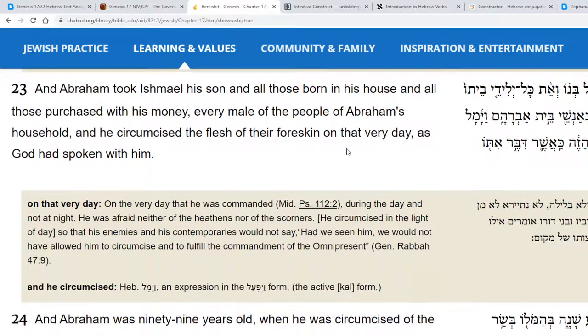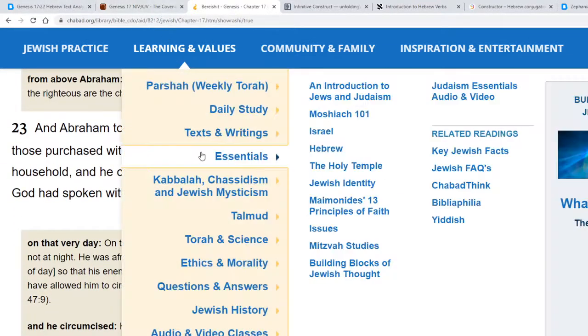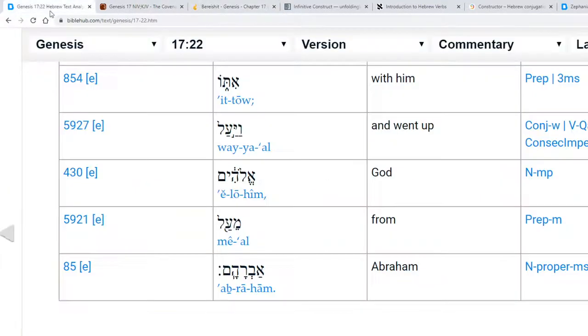And that's a very interesting Rashi you may be interested in, especially if you're interested in the Kabbalah. But